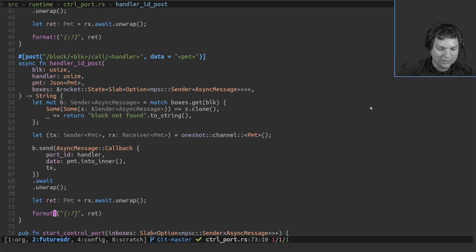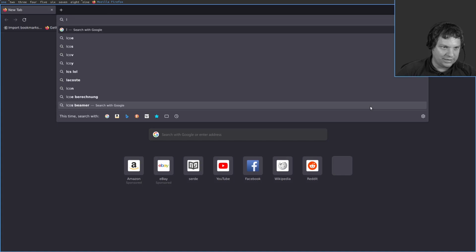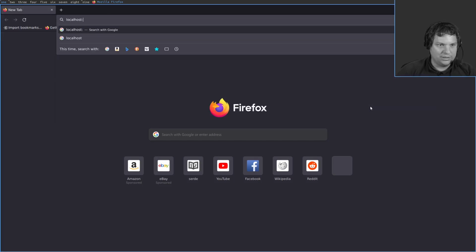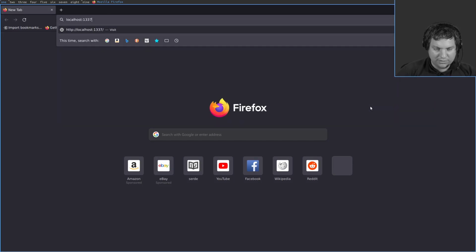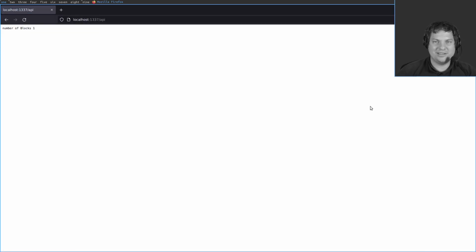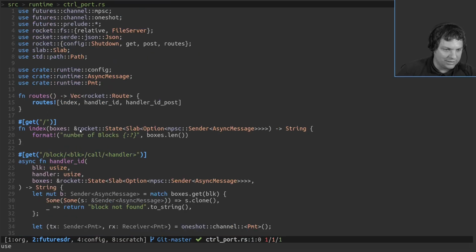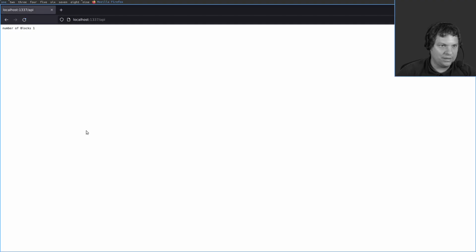Okay, long talk. Let's just give this a shot. What did I say? I think I already started. Localhost 1337 and then the API. Okay, so this is the thing that just prints the number of blocks. This was this here, number of blocks, and it just tells you how many blocks are in this flow graph.